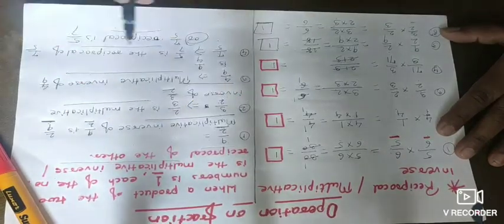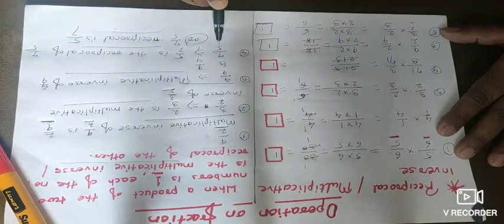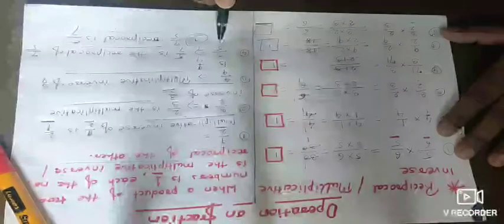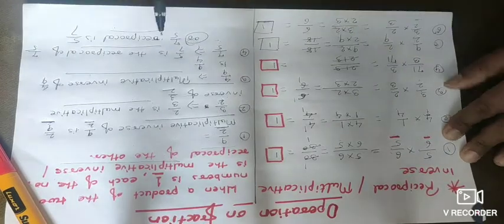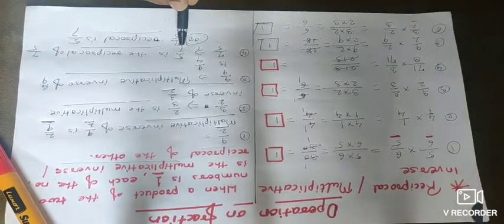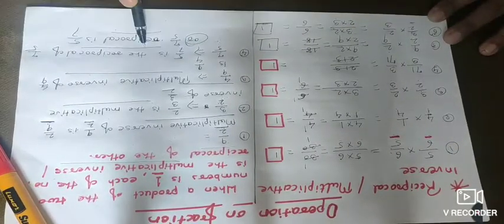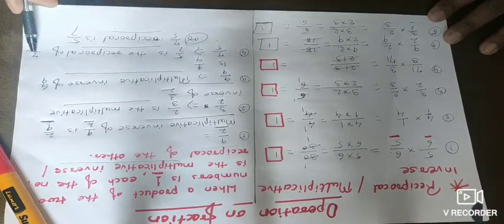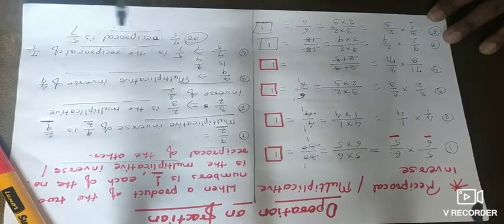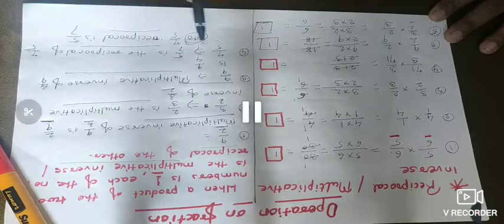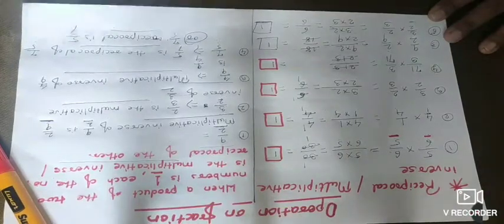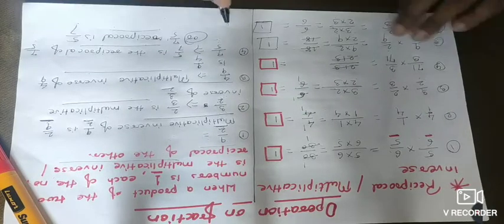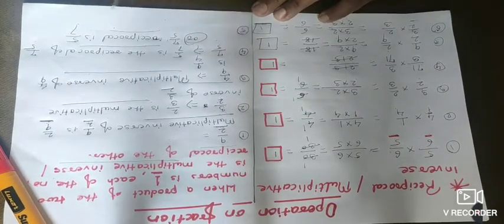So in the word reciprocal, how we are writing this? 7 upon 5. So what is the reciprocal of this 7 upon 5? Reciprocal or multiplicative inverse of 7 upon 5 is 5 upon 7. Okay. So 5 upon 7 is the reciprocal of 7 upon 5. Or another sentence is that 7 upon 5's reciprocal is 5 upon 7. Okay. Now I will take one more example.